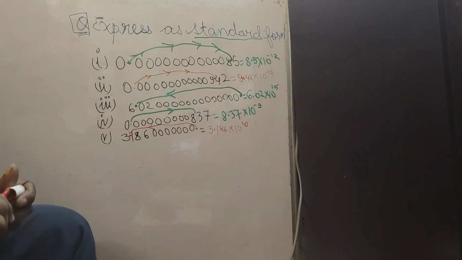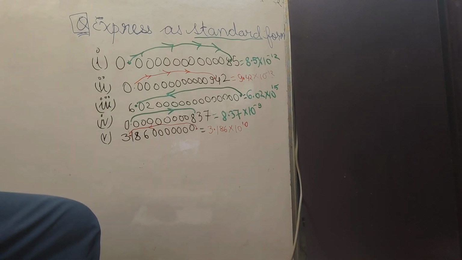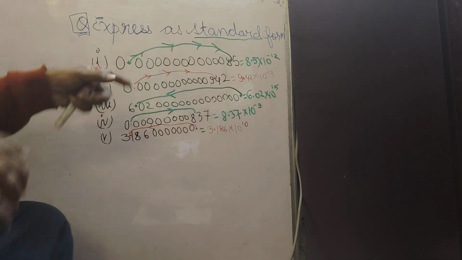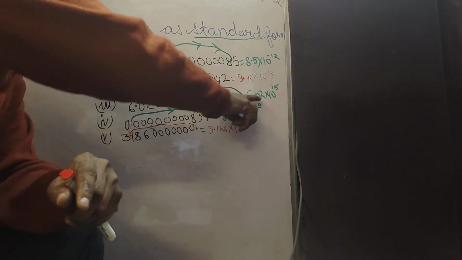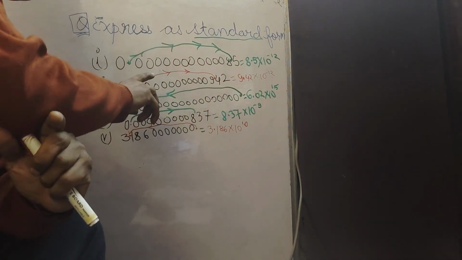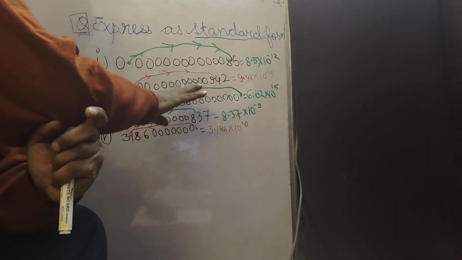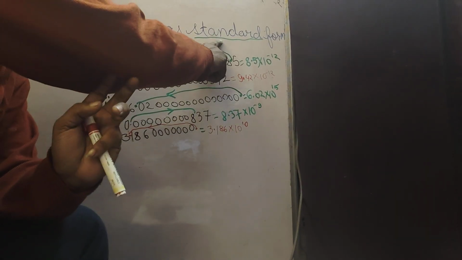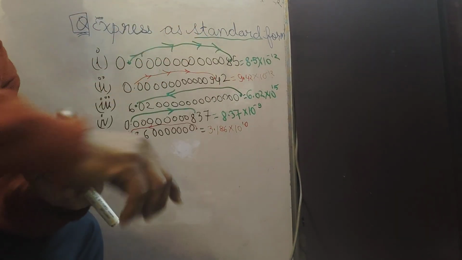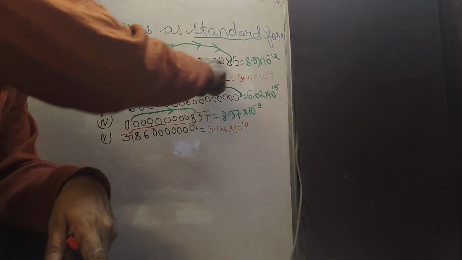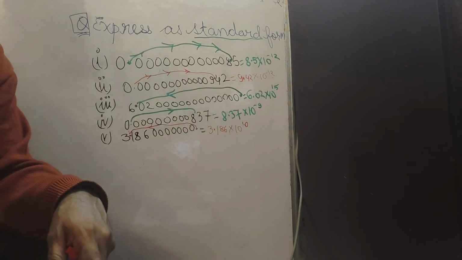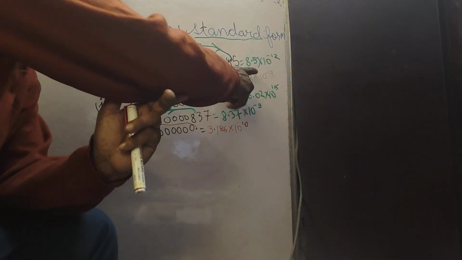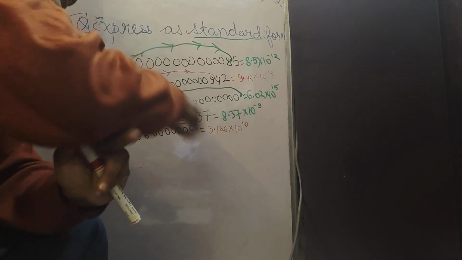So these 5 questions I have explained to you. I think now you can solve some questions. So a very small value has a negative exponent and a very large value has a positive exponent. Now, in relation to form, there are two types of form, standard form and usual form. This is called usual form. The left side is called usual form and we are writing in the standard form. So sometimes the question is given in standard form and we have to write it in usual form.